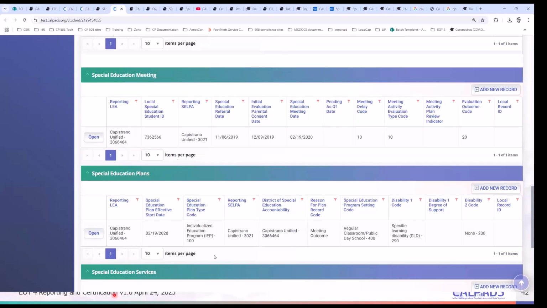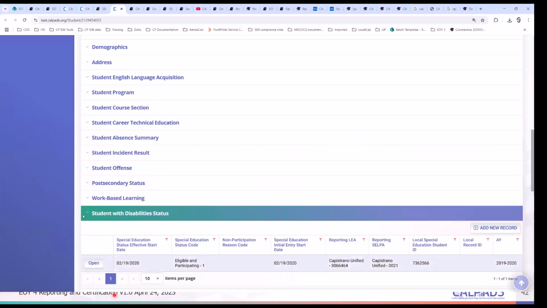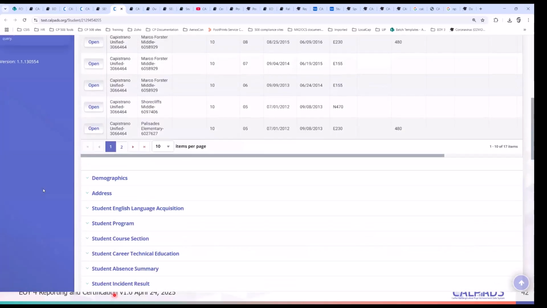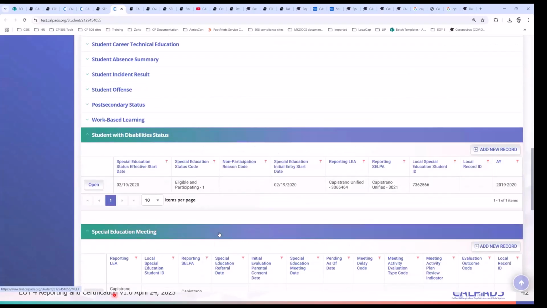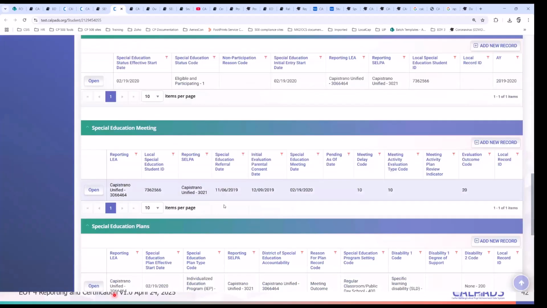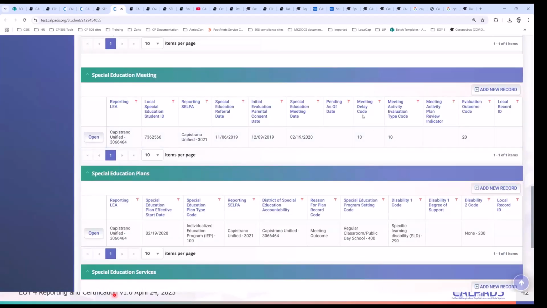So bottom line here, if you picked up a student mid-year or at any point during their enrollment during the academic year, make sure that you have those records appropriately updated. Now, if the student is eligible and participating, then you just have to report a meet and a plan record.